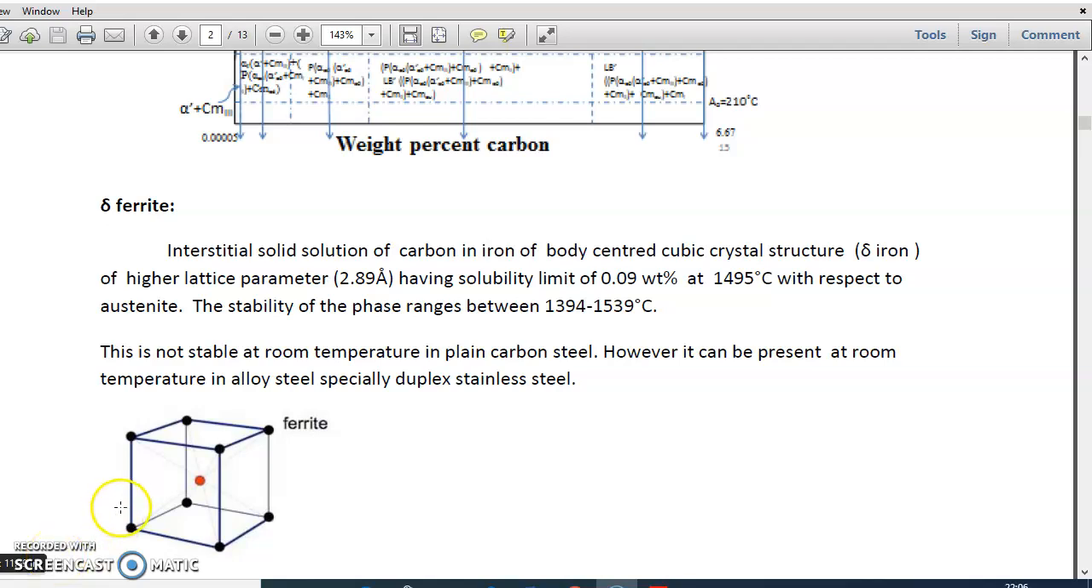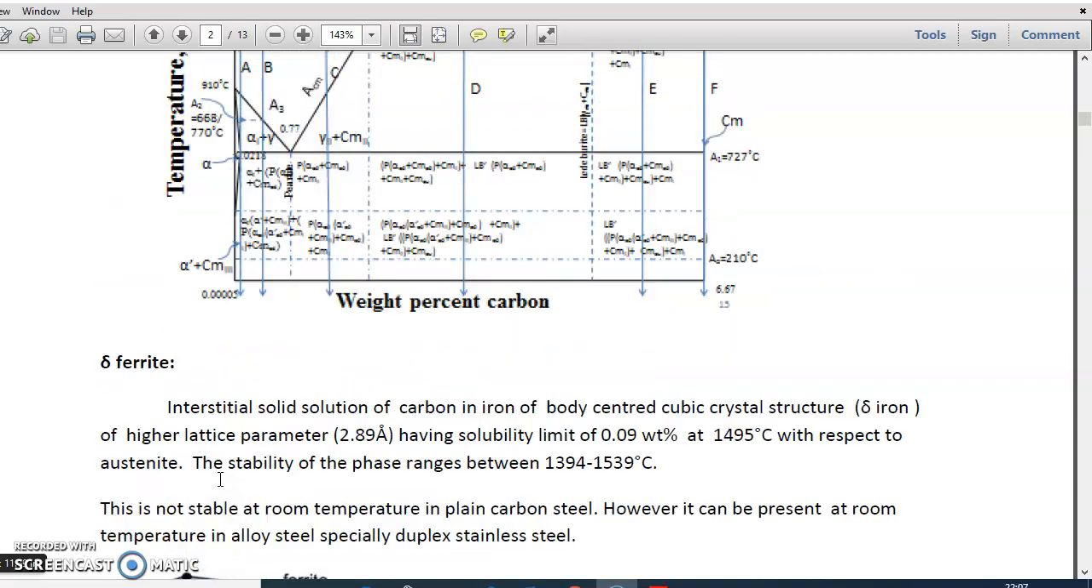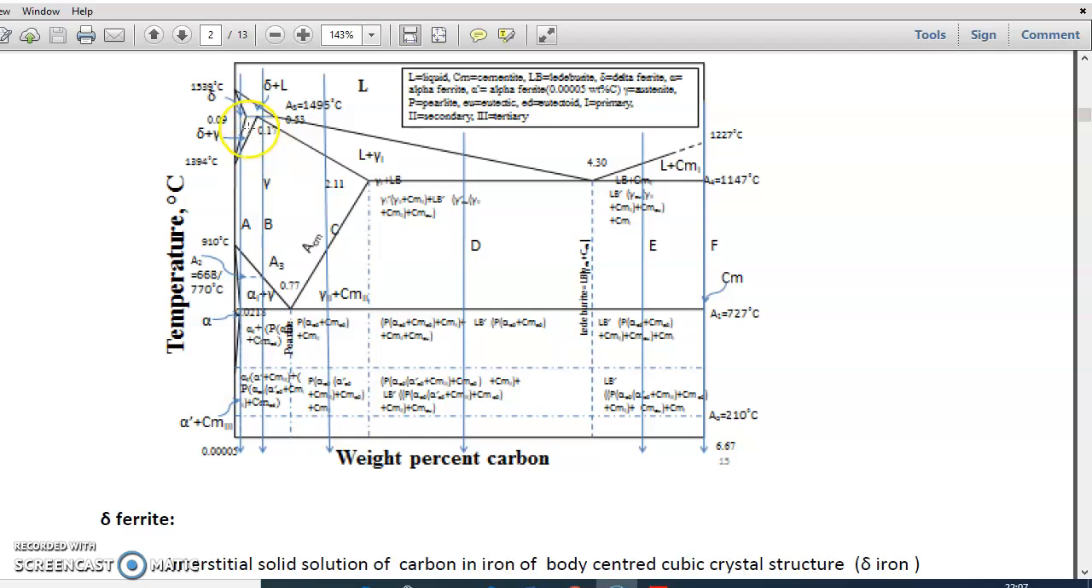Okay, now we'll see all the phases in the iron carbon diagram. First, we will see from the top, delta ferrite. Delta ferrite is an interstitial solution of carbon in BCC alpha iron. Now when we say BCC, we know that iron has an allotropic nature, and delta is nothing but a ferrite. Now when we see the delta, the maximum carbon in delta is 0.1 at this temperature,